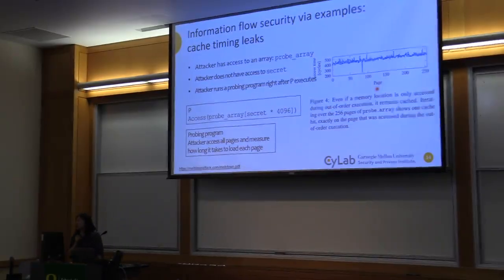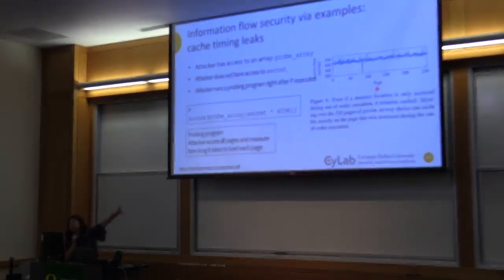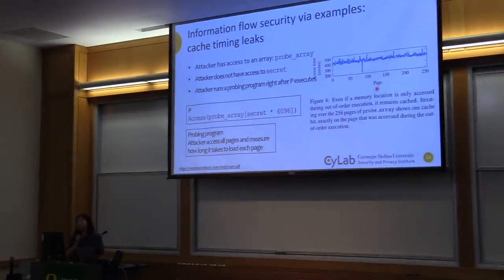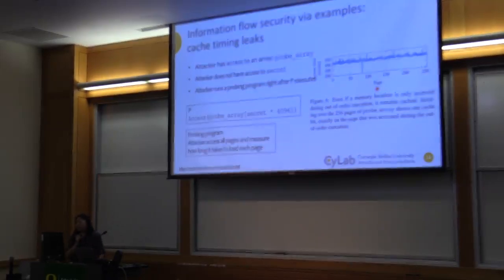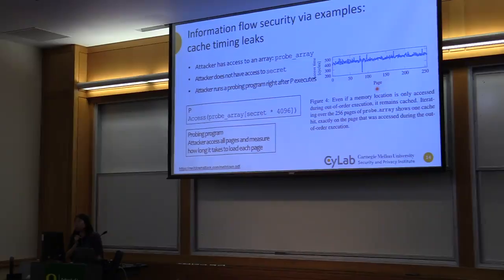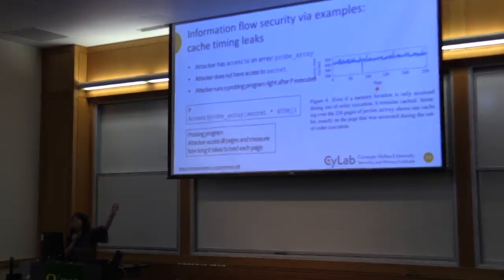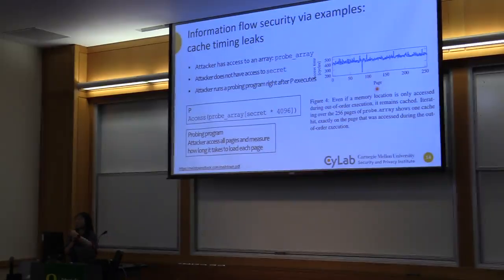How do you fix this without taking out everyone's chips? Depending on that, obviously Intel is trying to fix it. You can turn off speculative execution and take a performance hit. That's one. The other is you want to separate your data. In the browser, JavaScript used to have this gigantic array that's shared on one page, and different scripts can share this array. Now they decided in JavaScript we can't have that array anymore. So that's one way to force isolation. This probe array cannot be shared by people anymore. So there are different approaches to do this.